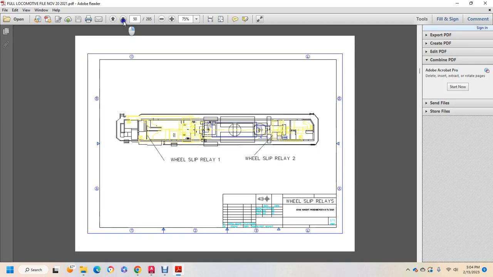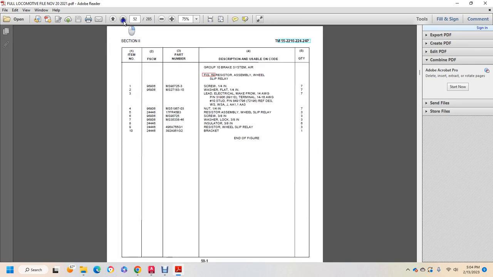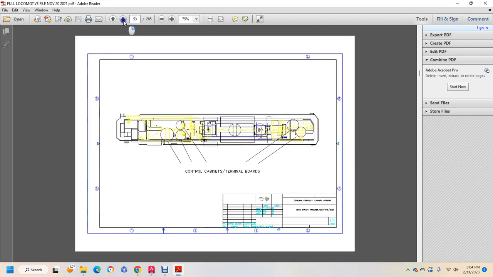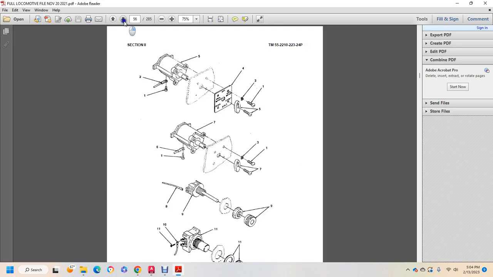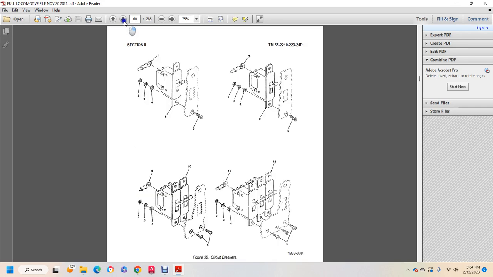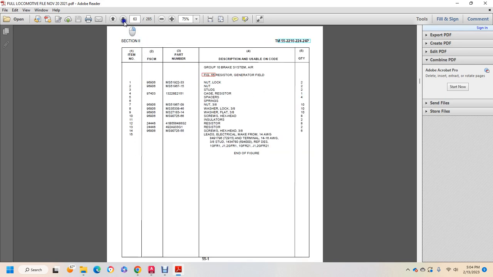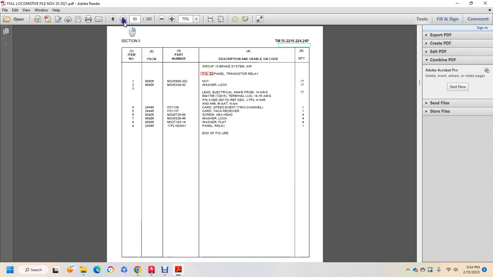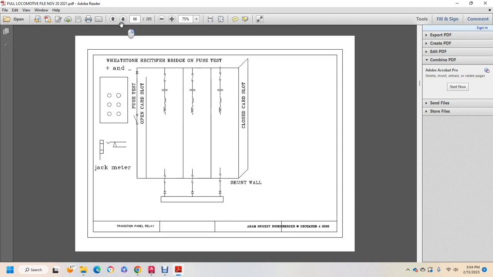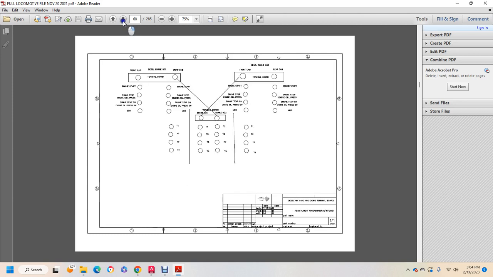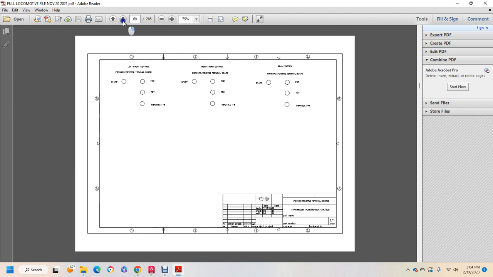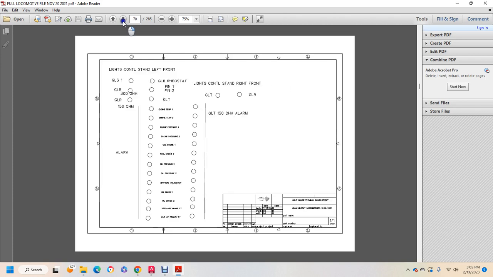Voltage regulator, wheel slip relay 1 and 2, wheel slip relay resistor, control cabinets, shows the terminal boards, and then it shows different switches for those control boards, a resistor generator field, transition relay, which also goes back to the voltage relay panel, terminal boards for the throttle run terminal boards, diesel 1, diesel 2 engine terminal boards, forward reverse terminal boards, left gauge terminal board front,